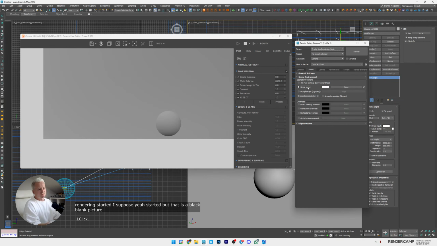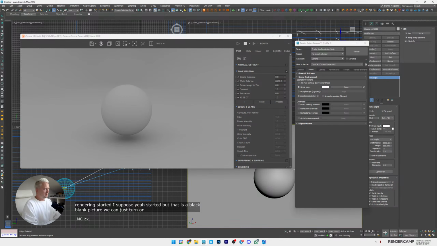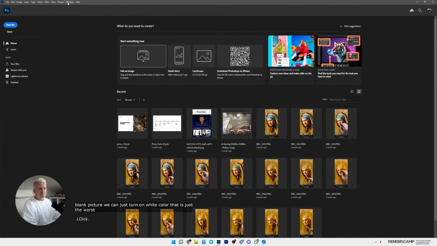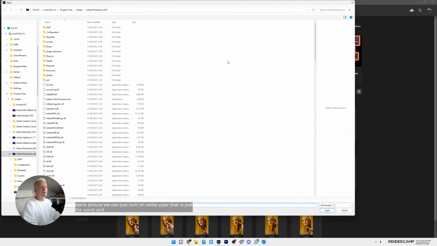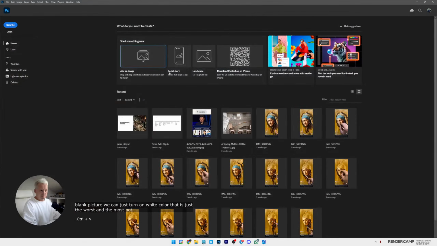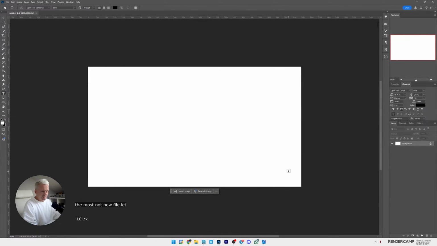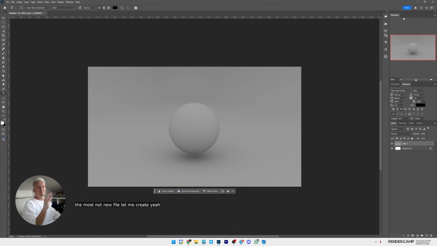We can just turn on a white color. That is just the worst. Let me create a new file. The first, most stupid idea we can get is to get overall lighting